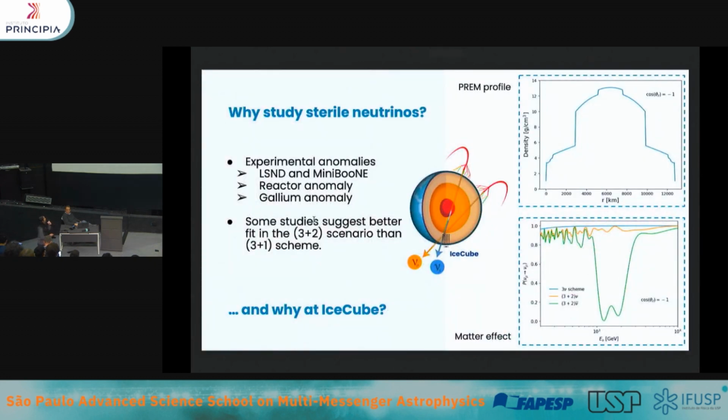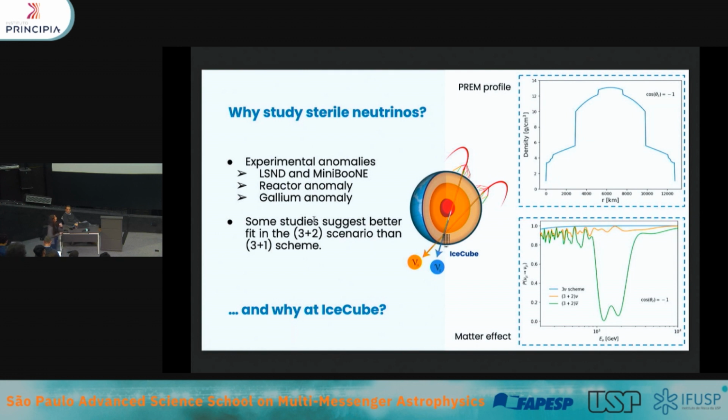And the motivation for that is because there are some anomalies observed in some experiments like LSND and MiniBooNE that detect some excess in some energy range and anomalies in the reactor and gallium detectors. Why I study this scenario, for example, is because some studies suggest that this scenario could explain these kinds of anomalies. And the reason for studying at IceCube is because,